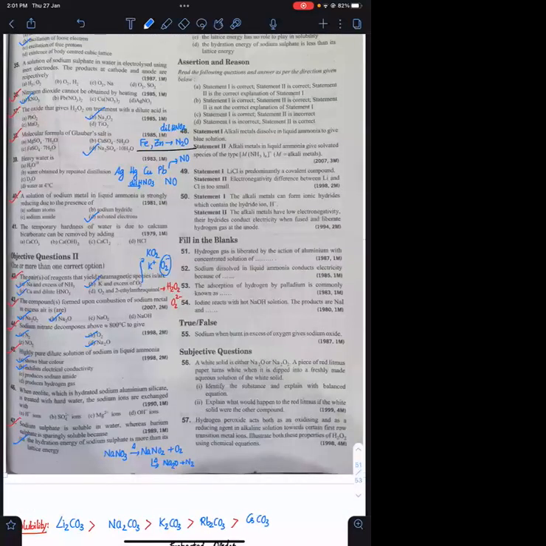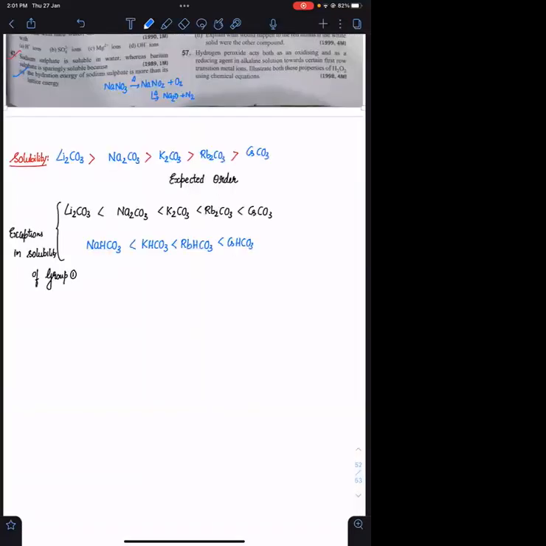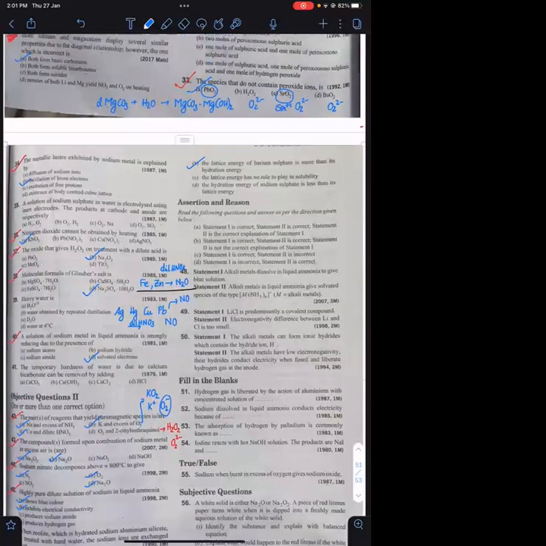I will be sharing the notes, adding the questions of group 2. Okay. Everyone go through all the questions of group 2. Group 2 मतलब obviously आपको उसमें हाइड्रोजन तो नहीं रहेगा, only group 2 questions दिखेगा. Okay, so please solve all those questions. We will discuss tomorrow. Now we will start